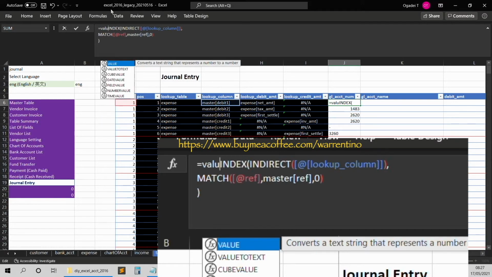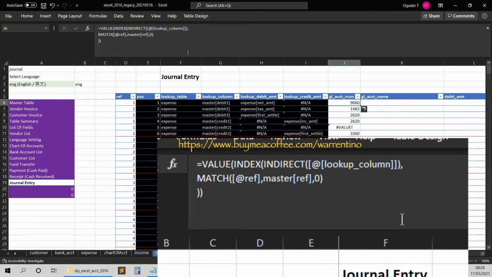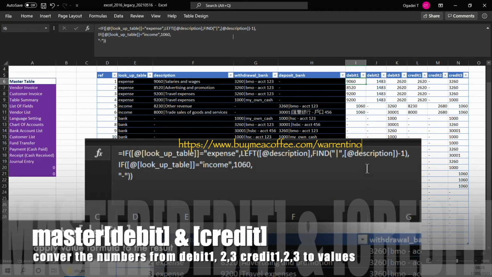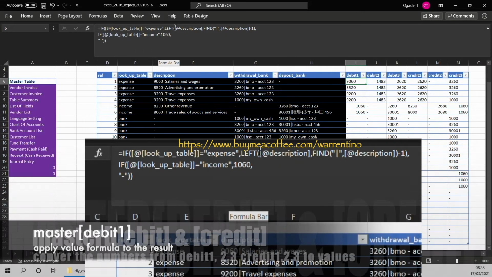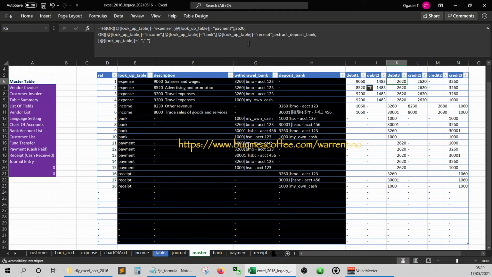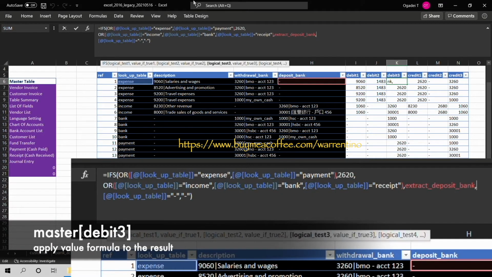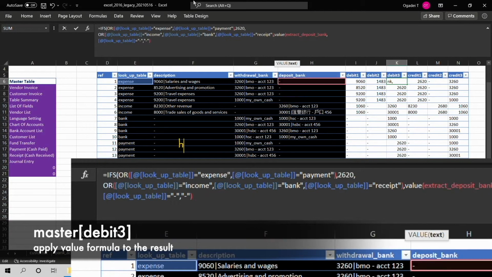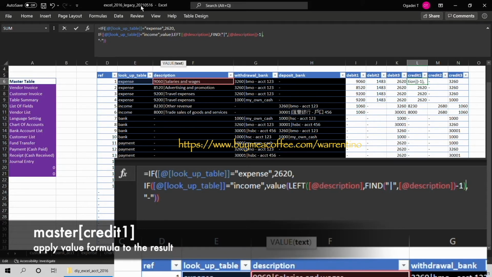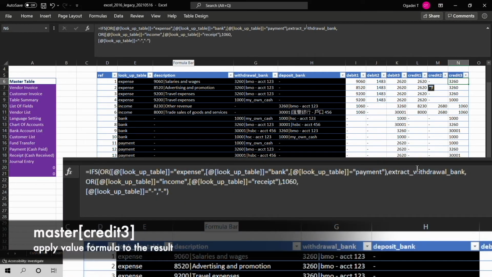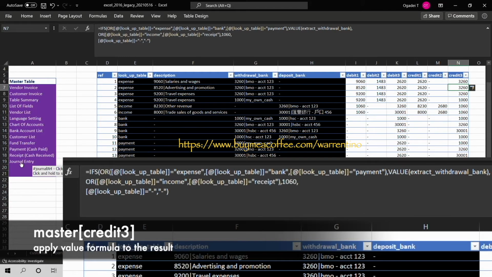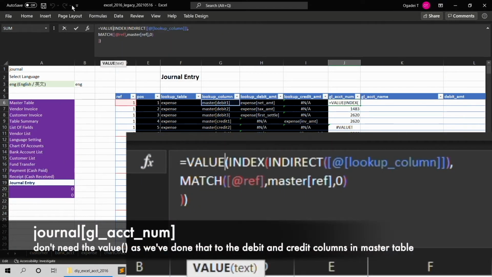Before I use the value formula to force the whole column into numerals, I figure out that it's easier for me to go back and apply the value formula to all the GL account numbers. Now I can keep the original GL account number formula.